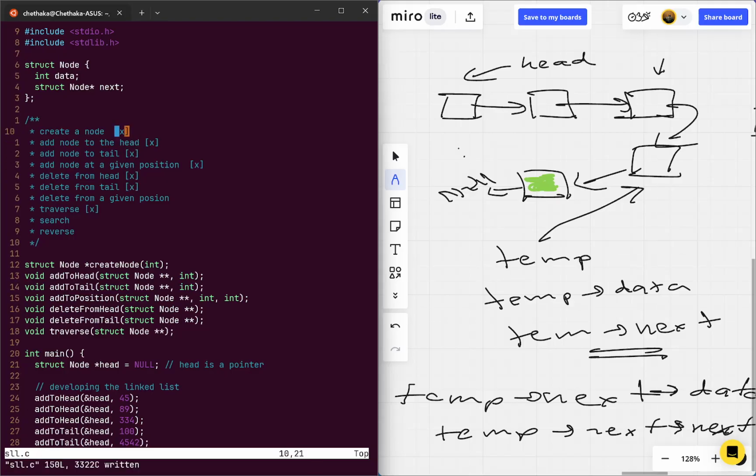All right. So there's another thing we need to do. We need to search. Okay, we need to be able to search for an element. I forgot to include it when I created this list before. Okay, we need to add that as well. So let's delete from a given position. Okay, like the last one. Let's say that it's zero based indexing. So if I wanted to delete the fourth node in the linked list, I need to pass the value 3